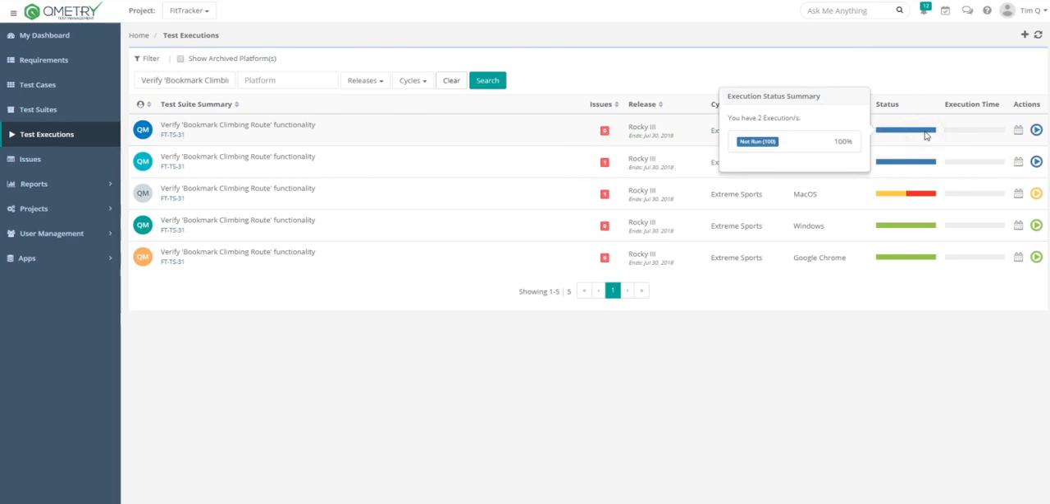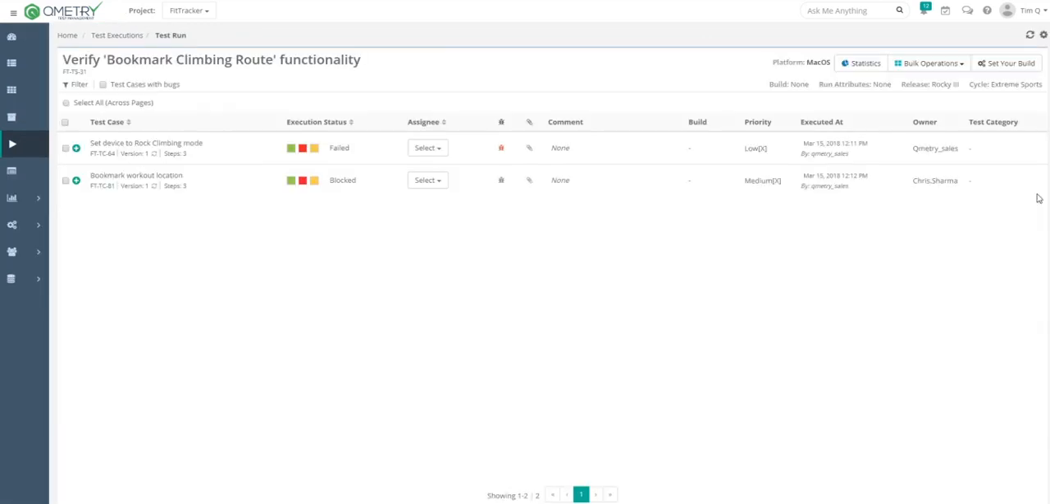Now let's take a look at this test run and enter the execution screen using the play button. Each test execution screen shows its associated platform, release and cycle, and also a list of the test cases. With this refresh button, you can update each of the linked test cases to its latest version to use for the current run. Next to that, you can quickly see the number of test steps that are contained within this